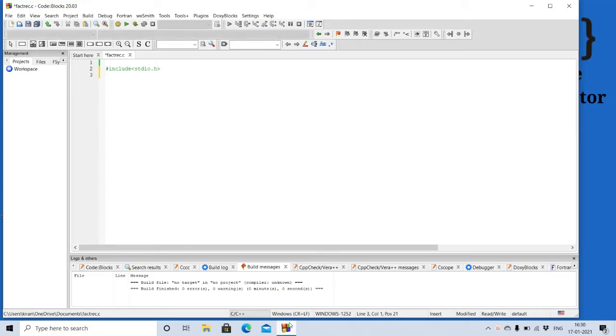So we'll write the function now, like find factorial. We'll pass the value as integer. So next we'll write the main method. In main method, we'll initialize the numbers like